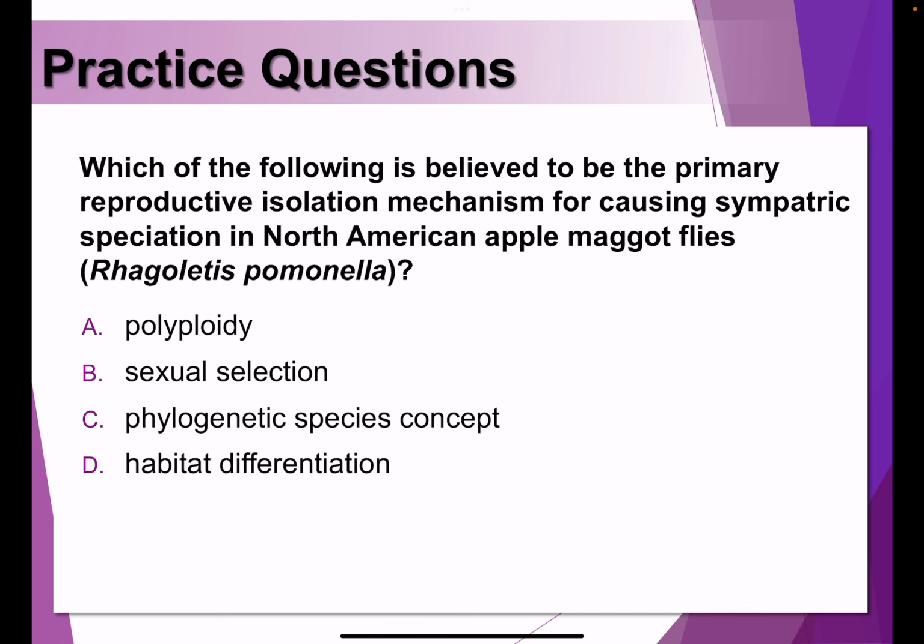Which of the following is believed to be the primary reproductive isolation mechanism for causing sympatric speciation in North American apple maggot flies? Habitat differentiation. We already talked about them, hawthorn versus apple. When apple trees were introduced, there's that habitat differentiation where they only prefer to mate and feed on apples